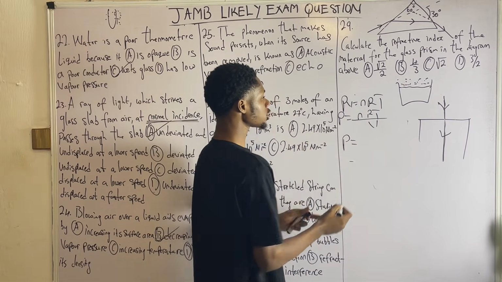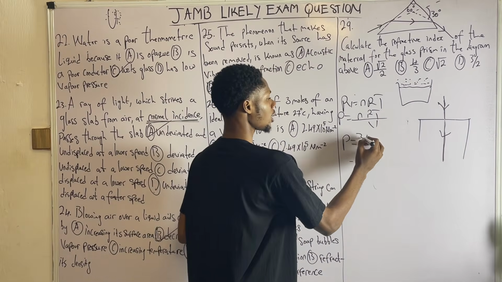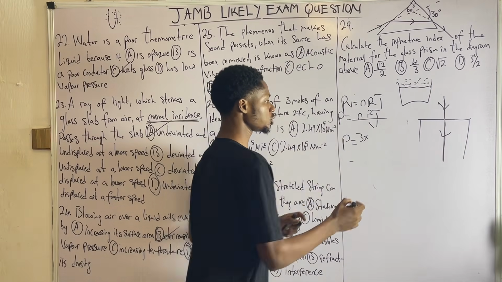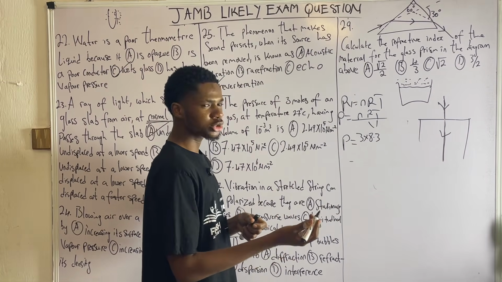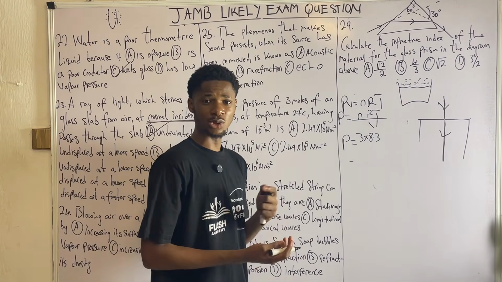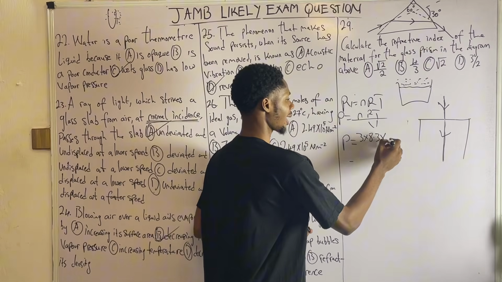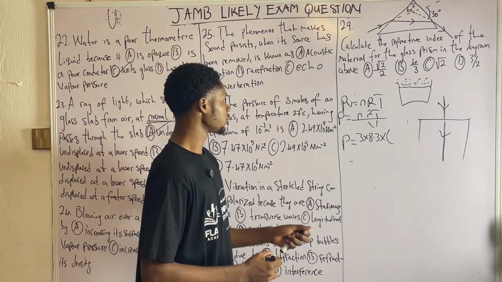So P is equal to the number of moles n, given as 3. Now the molar gas constant varies depending on the units. In this case, it is 8.3. It was not given in the question, but trust me, JAMB should give it to you, although sometimes they don't give you the constant. That's why you have to be acquainted with these things. Times the temperature, and this temperature should be in Kelvin. That will be